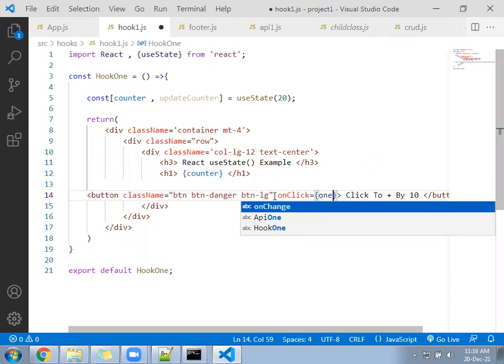No need to call this.particular because it is not a class, it is a function.